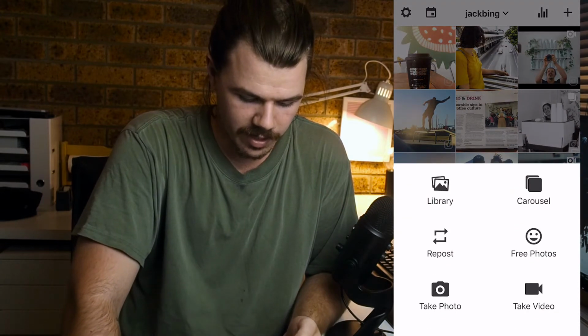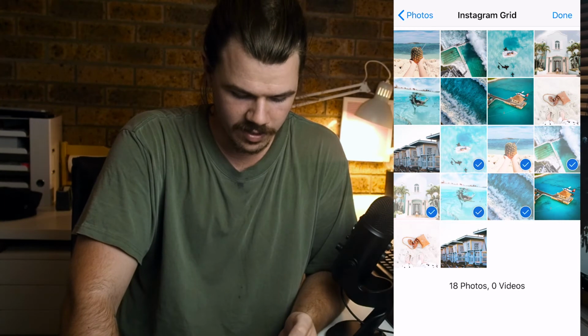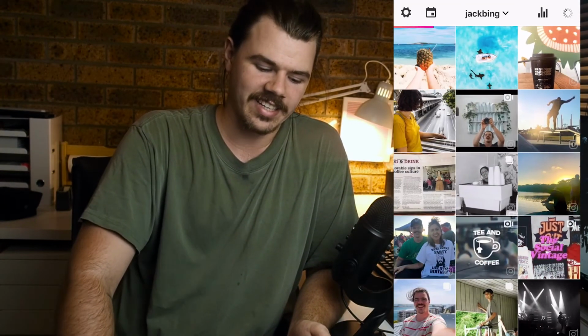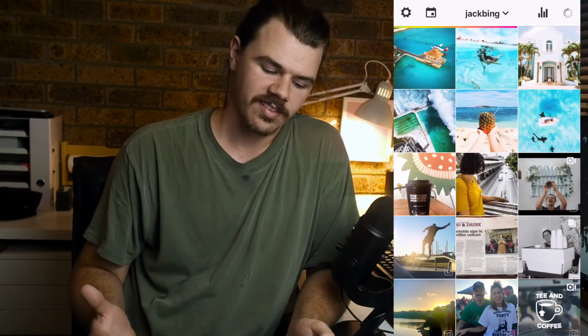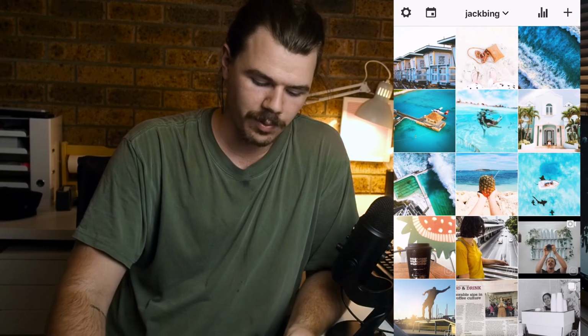I'm going to go to the library there. Now these are the 9 that have had the edits, so I'm just going to add all those in and click done and watch them go in here, and you can see this amazing little grid that we've got happening. So you can see a bit of white, a bit of blue,